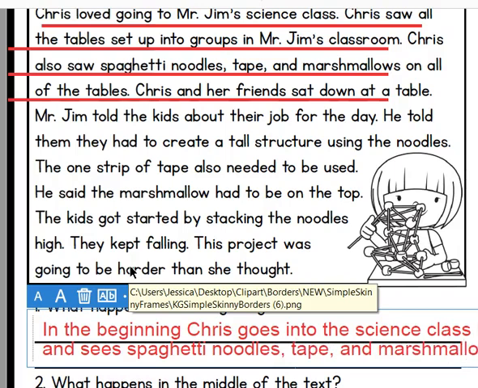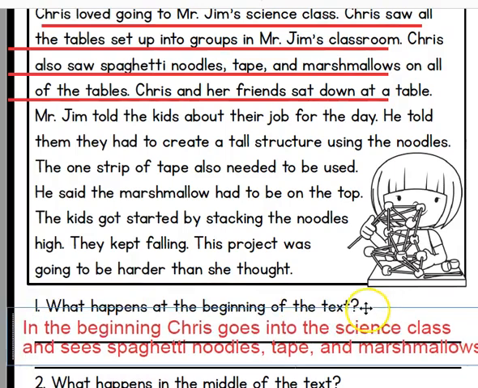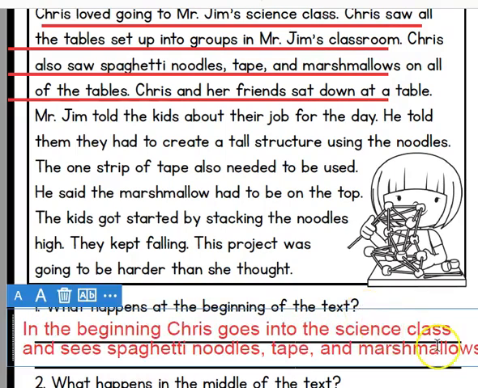I know what they're doing. I've done that with my class before. And they sit at it, and he and his friend sit at the table.